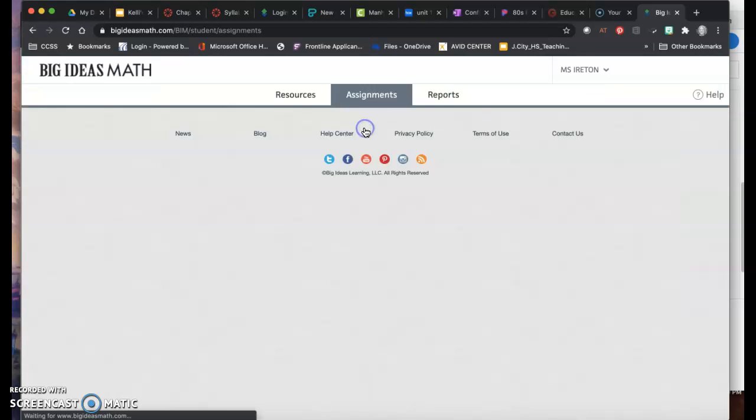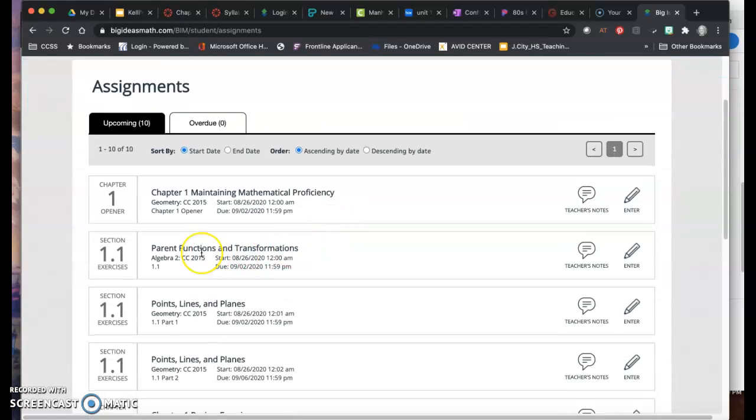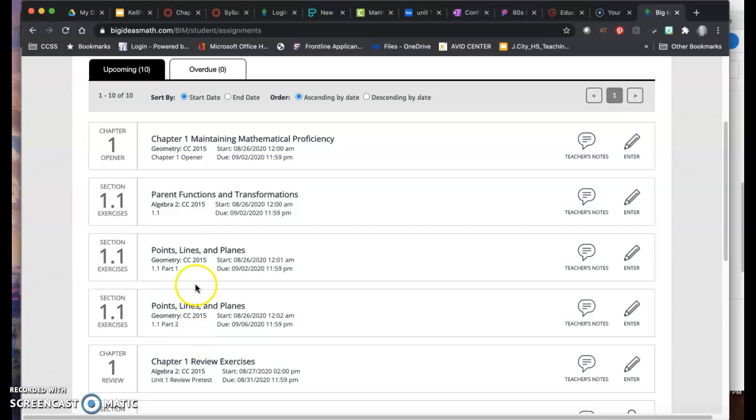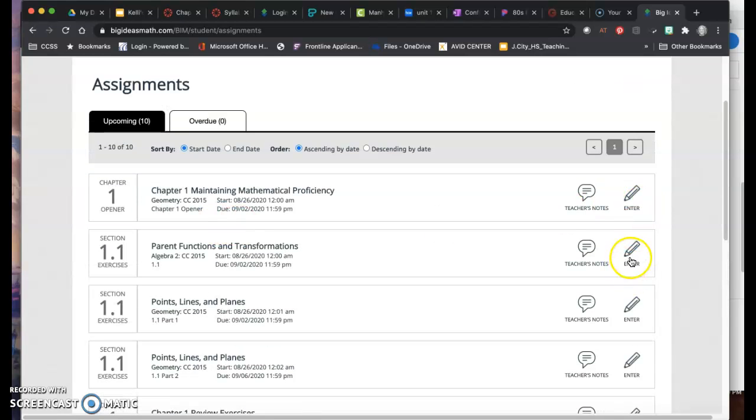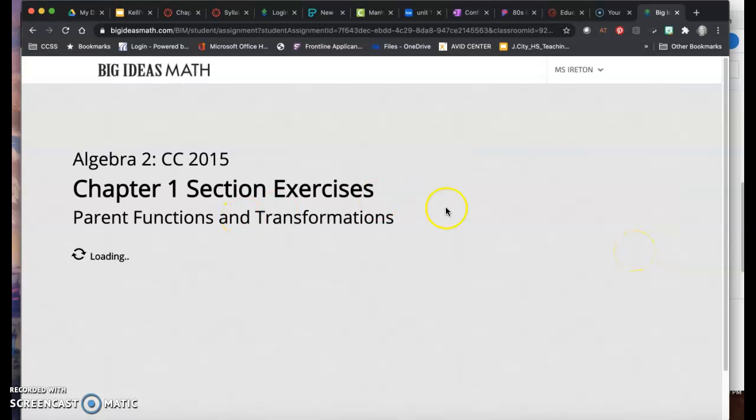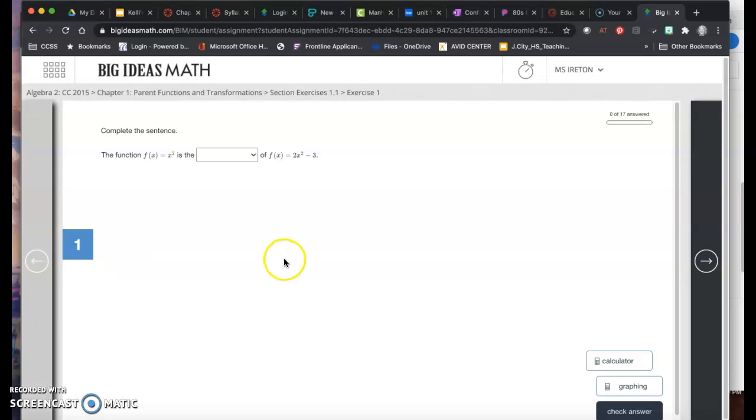You're going to come to your assignments tab, and you'll see I've actually, let's see, yep. These are all my classes, so don't freak out. Here I've got parent functions and transformations. That's Algebra 2. So I want to enter those. I'm going to work through those problems, and if I want to record my answers, I can go back to that OneNote, and I would do that. So if you want to have your work, and you can see